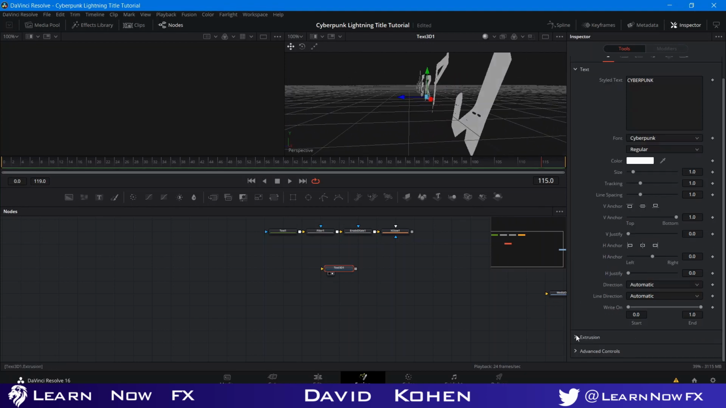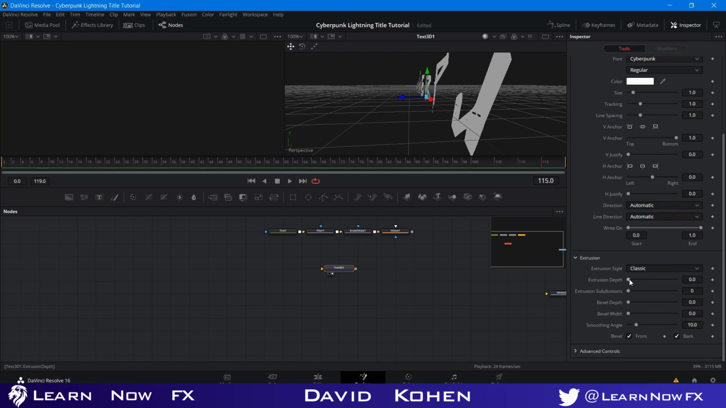And we're going to go to the extrusion tab, and we're going to bring the depth forward like this. That's good, maybe a little bit more. Bring up subdivisions, I guess. And we're just going to bring up the bevel depth and bevel width. You have to bring them up together because